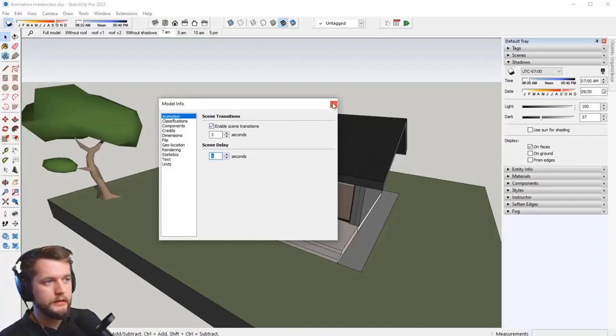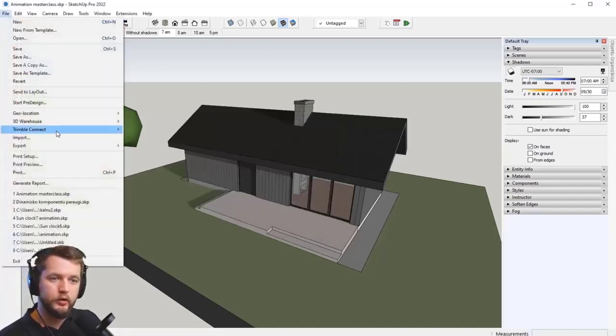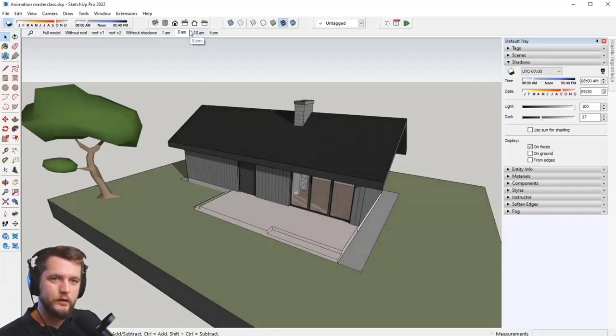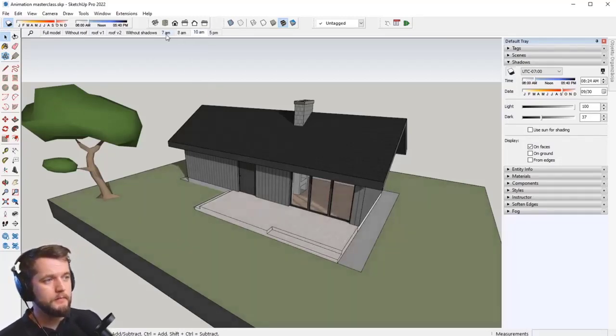And that would mean that I could export animation only by using maybe these shadow scenes, and you would get a fantastic presentation of how the sundial actually works. All right,